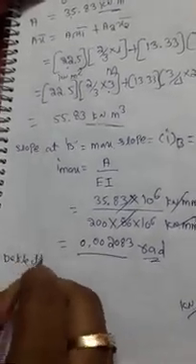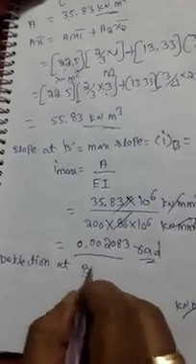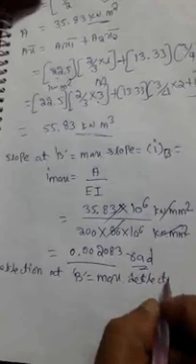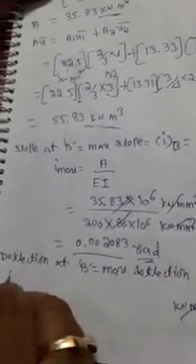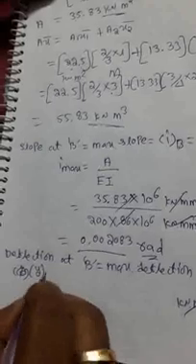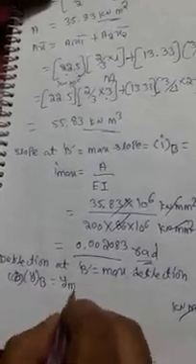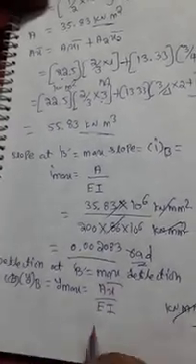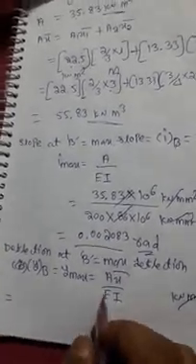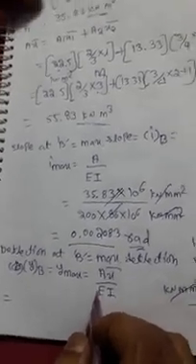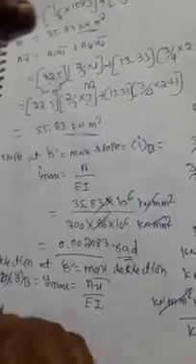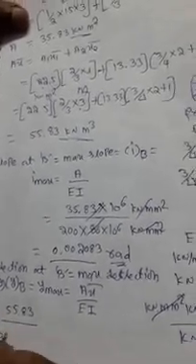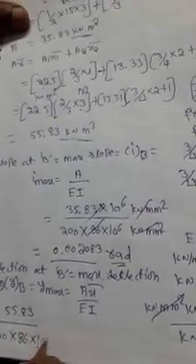For this problem, the maximum deflection occurs at B, the free end. The deflection is denoted as y at B, or y max. The formula is AX bar by EI, from the Moment-area theorem, to denote the deflection. AX bar equals 55.83, divided by EI, where 200 is the E value and 86.10 times 10 to the power of 6 is the I value.